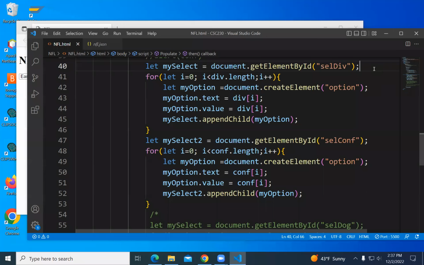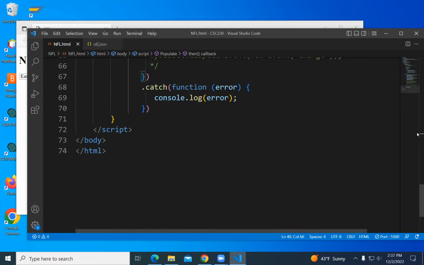I'm going to have one function in both change events call the same function, because I want to do the same thing. I want to find out what the conference is, I want to find out what the division is, I want to populate. So why write two functions when it's really just one thing I'm doing? All right, so let's do that.